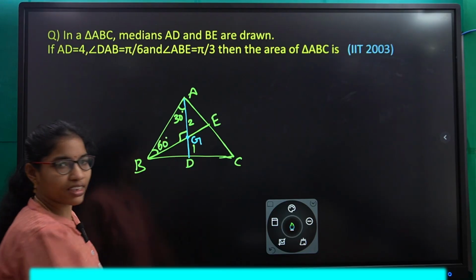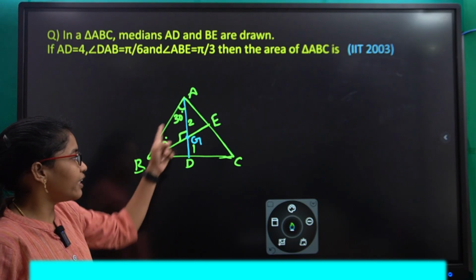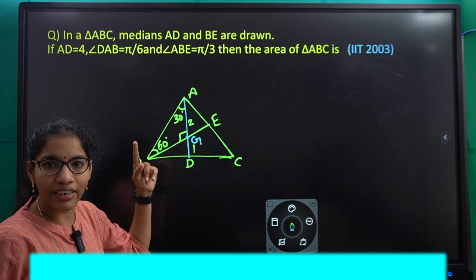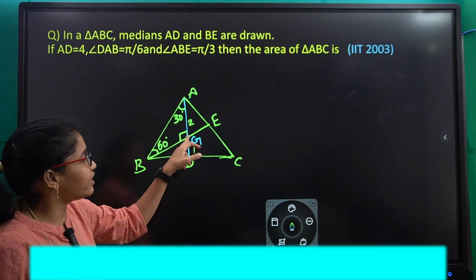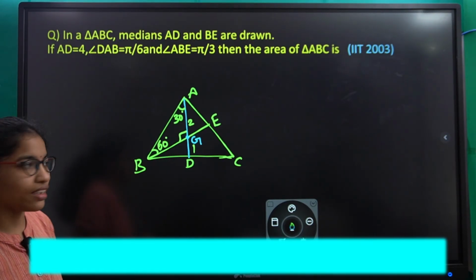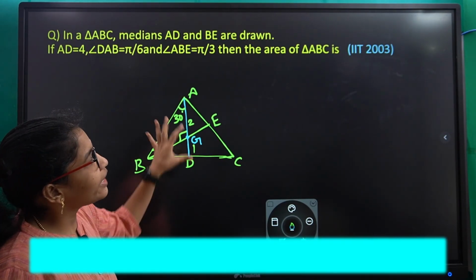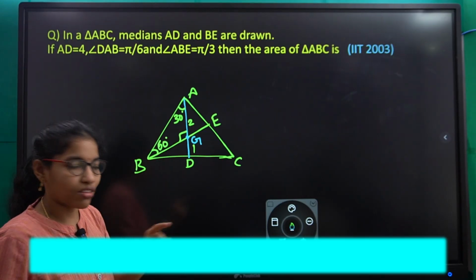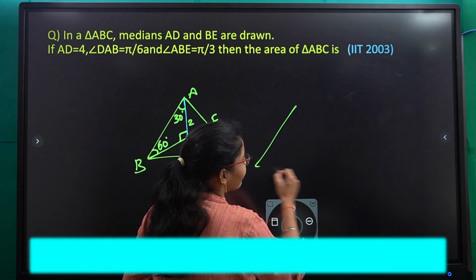So obviously it is 90 or not? 30, 60, 180 minus 90, which is 90. So at G it is 90 degrees we are getting here. Okay. So they ask about the area of the triangle ABC. Yes, one more point is there for the centroid.